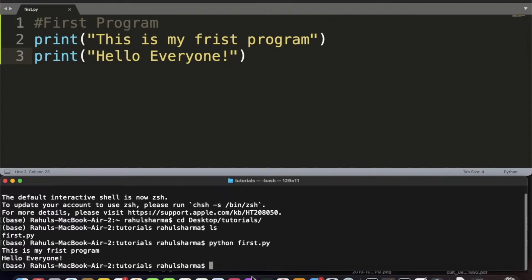Below is my terminal, and above is the editor. Another function which I would like to tell you: print is used to show some output on the console. Another command is to take input from the user.